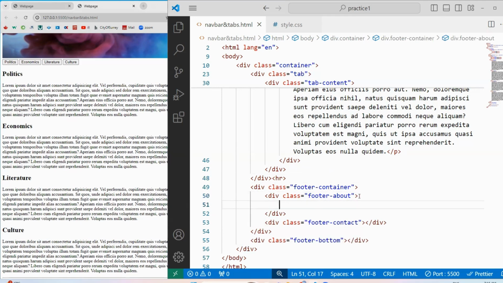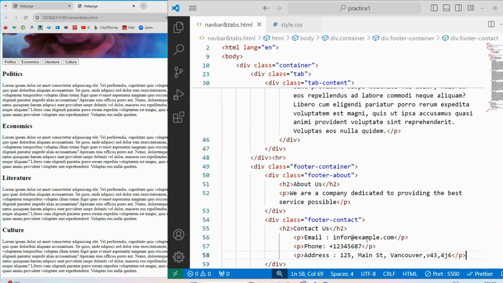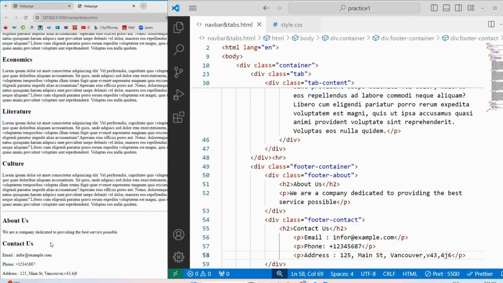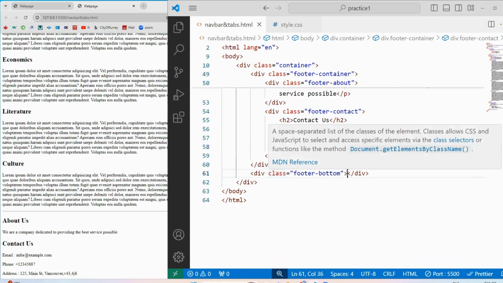So for now, I want to copy something over here. Okay. For this, let's copy this. For about section, I want to copy this one. And for contact, I want to copy this contact information. Okay. You can see that? Yes. There. And here in the bottom, let's